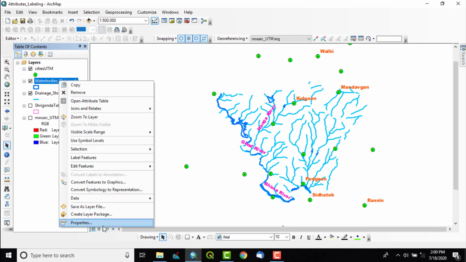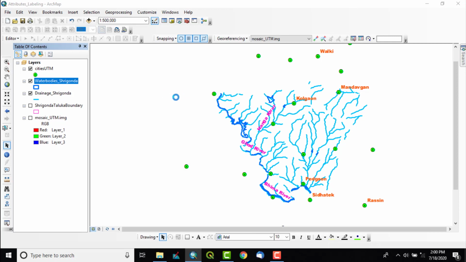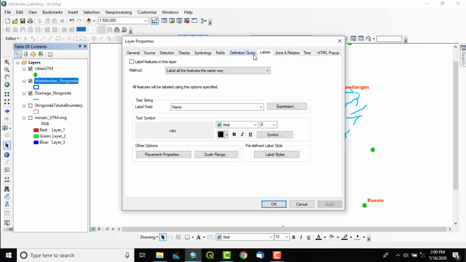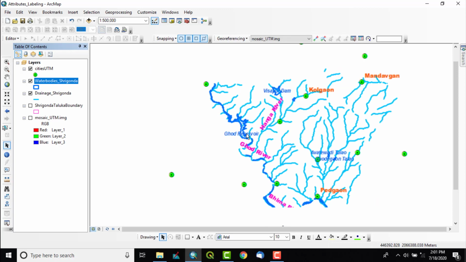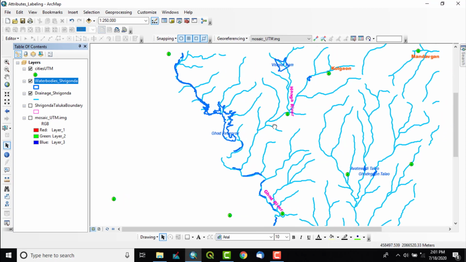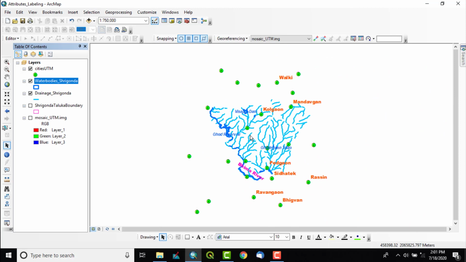So right click, properties, labels. Same way we can change the font size, font type, bold, italic, whatever, and color also. In such a way we can assign labels to the features that we have digitized and assign the attributes.